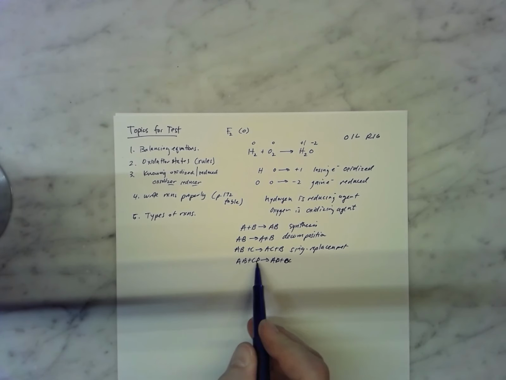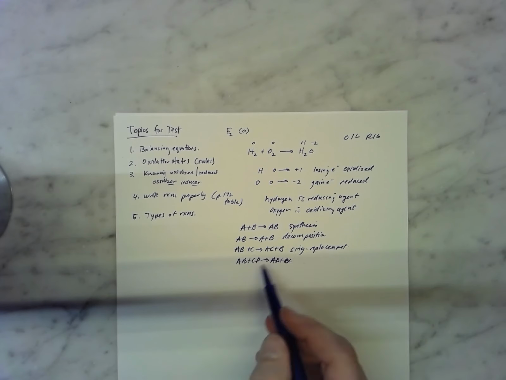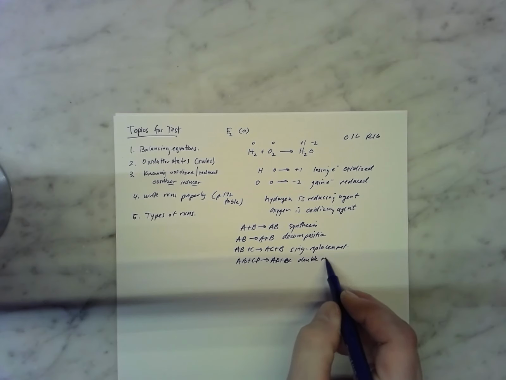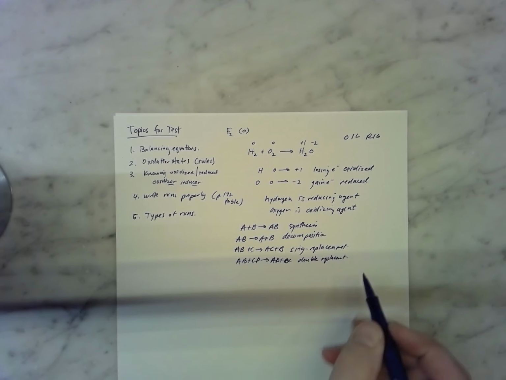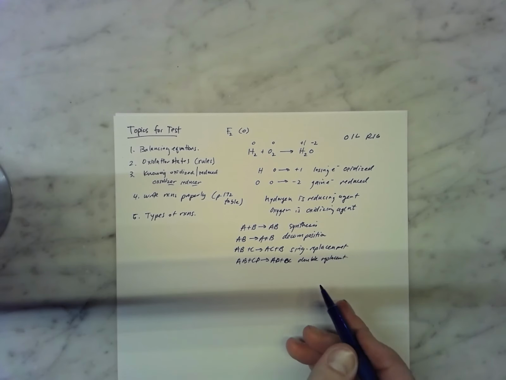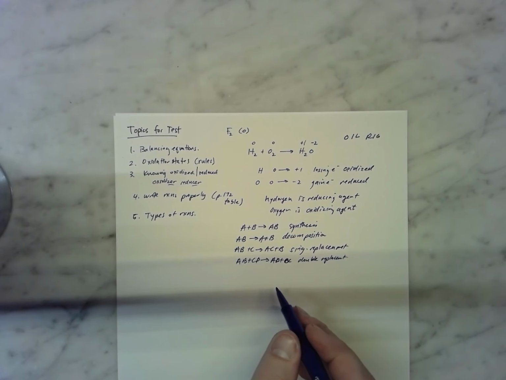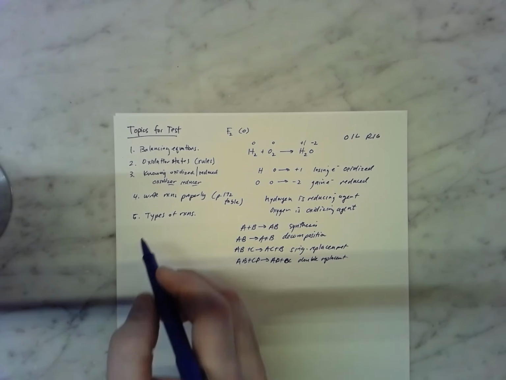Both of these swap places, B and D swap places, and that's double replacement. Then you have combustion, which you can look up if you can't remember what that is, and acid-base neutralization, which makes a salt and water. Okay? All right,